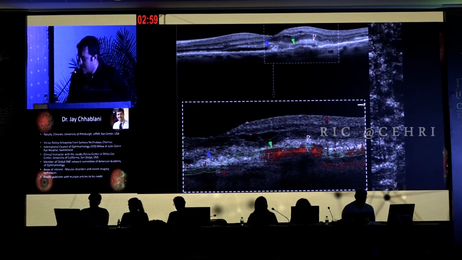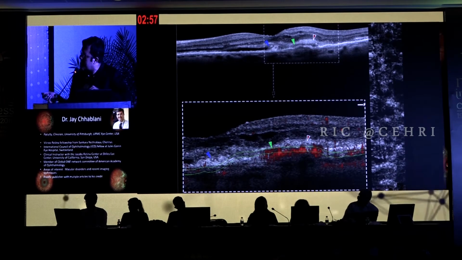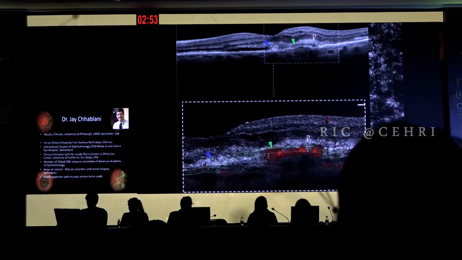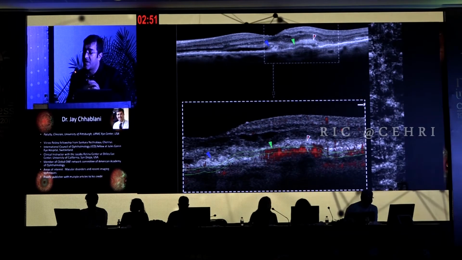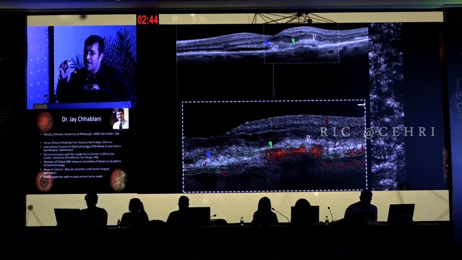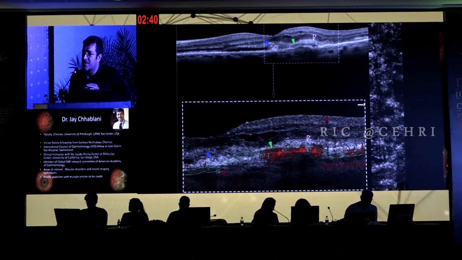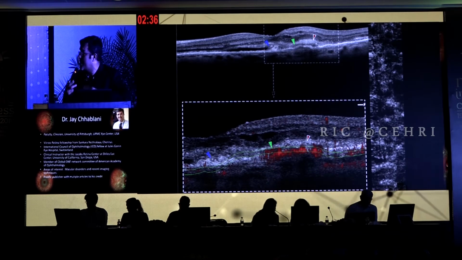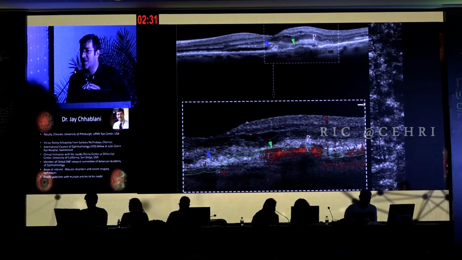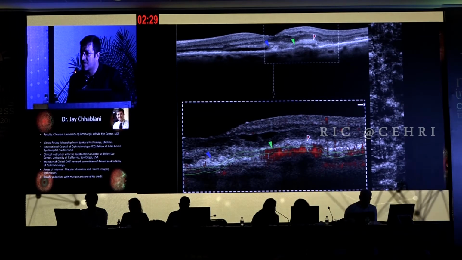And now just focus on the various arrows. The blue arrow is the one which does not show any vascular signal on the cross section. The green arrow, which is being manually segmented, does show vascular information on the cross-sectional scan, and the red arrow, which is actually blood, does not show as such any vascular signal. So I think it is very important to start looking at the cross-sectional vascular signals,